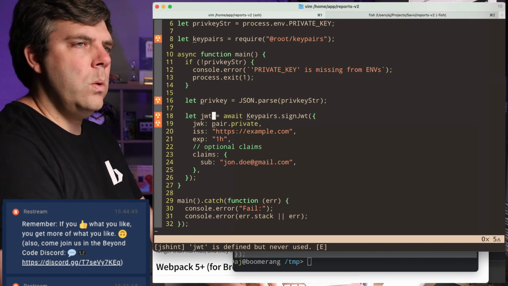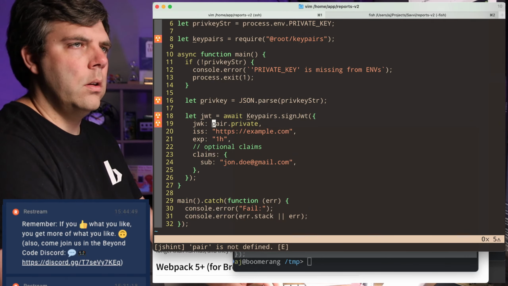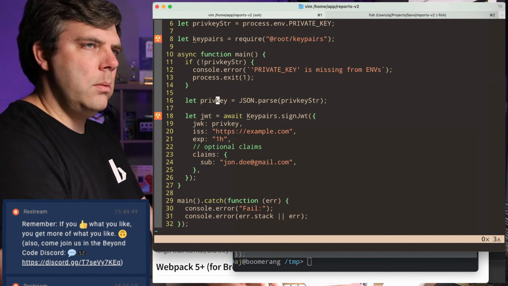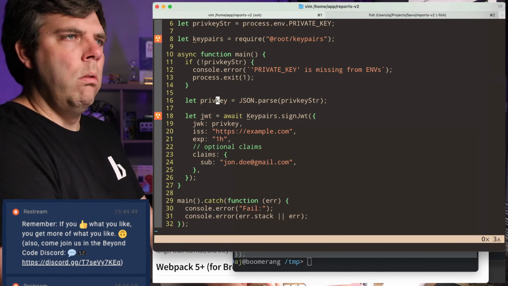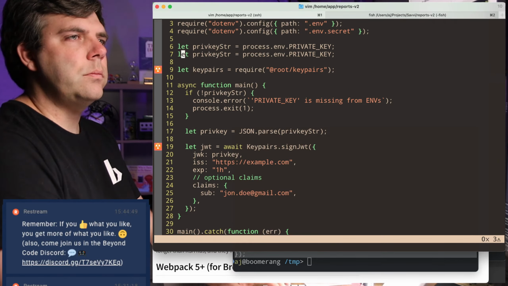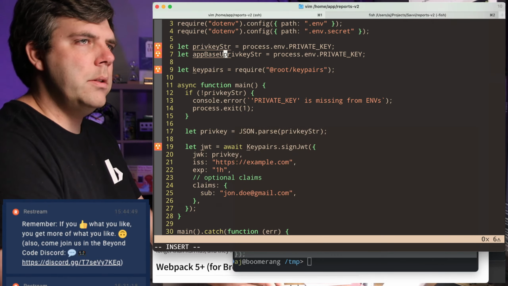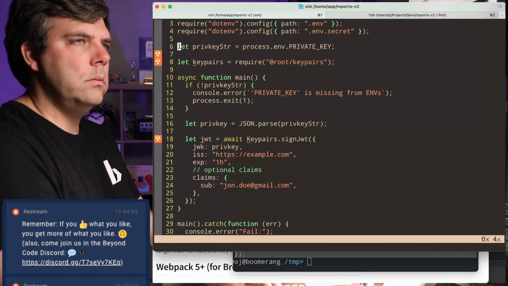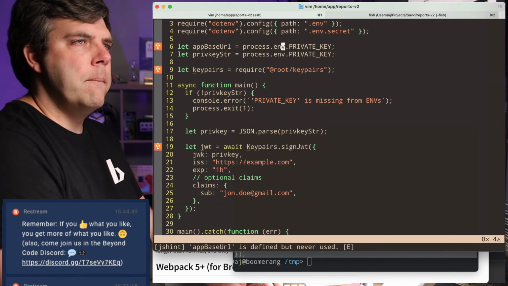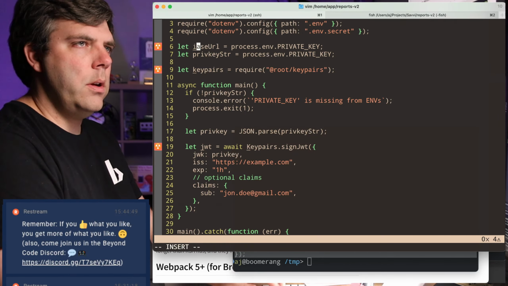All right, so priv key goes right here. Issuer is going to be, say, app base URL. I'll just call it base URL, I guess, or issuer URL.